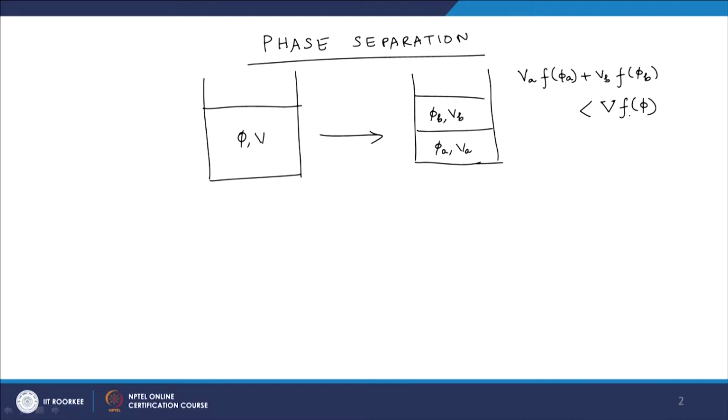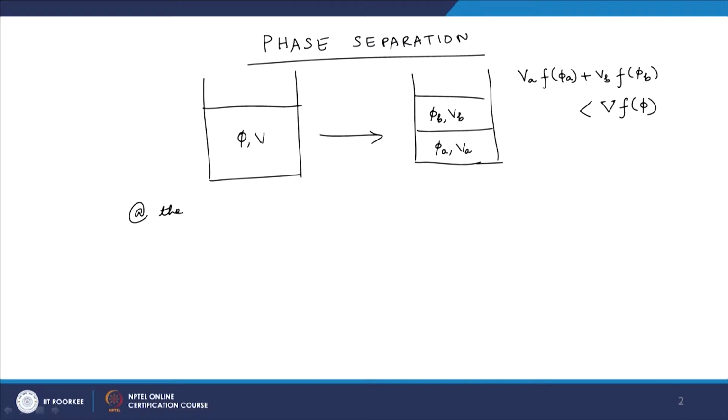Okay. But now once it is phase separated, if I want to know the volume fractions phi A and phi B, we can use the idea that for any component the chemical potential in the two phases must be equal. That is given again by thermodynamics, but at equilibrium. So at thermodynamic equilibrium, we know that the chemical potential,